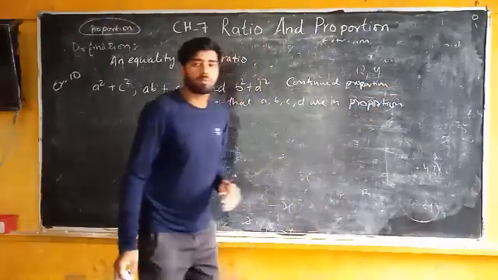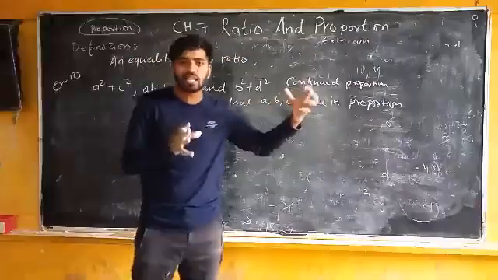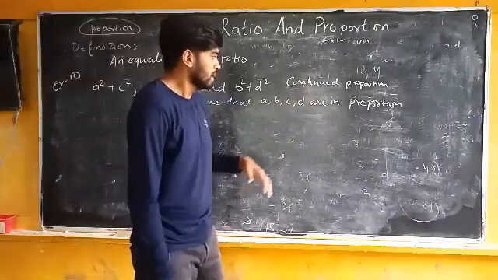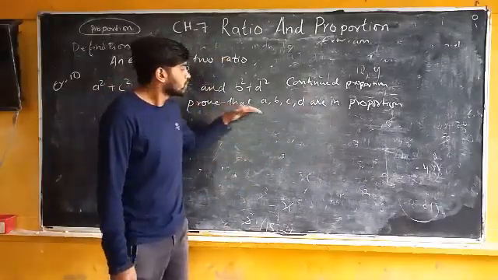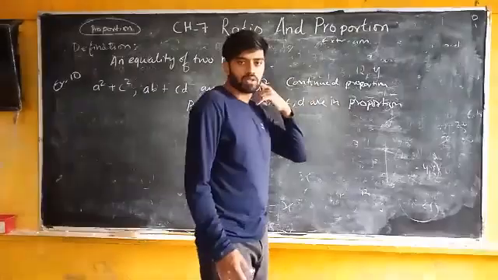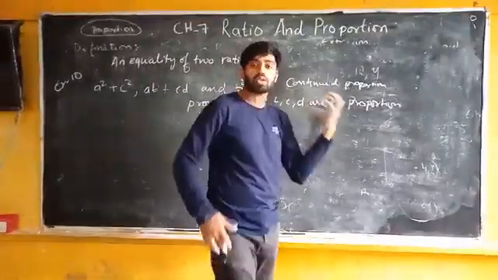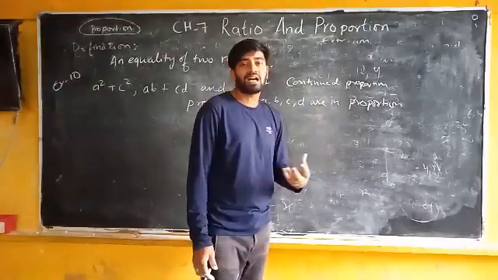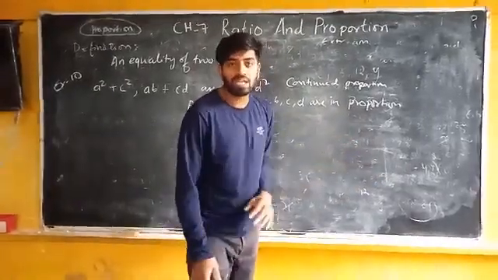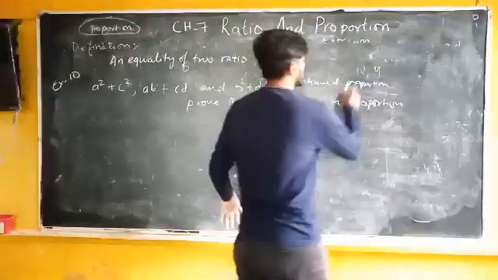They are in continued proportion. You know how to write when things are given in continued proportion, right? But then they said that if it is in continued proportion, then prove that A, B, C, D are in proportion. Can you see the difference? They have given the ratios in continued proportion and they are telling us to prove that A, B, C, D are in proportion. It means what they want to say is that in the end you have to prove